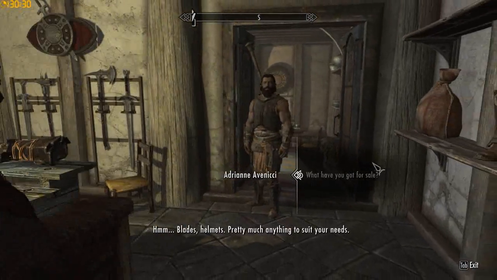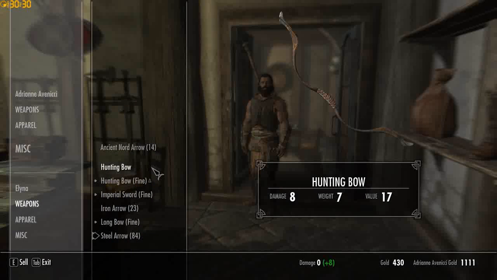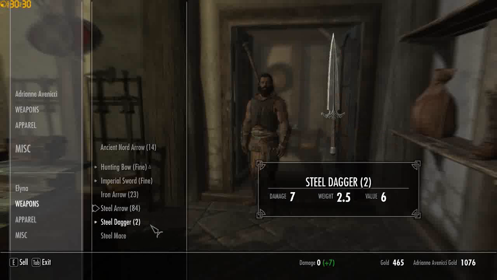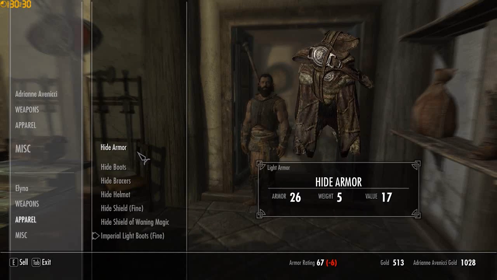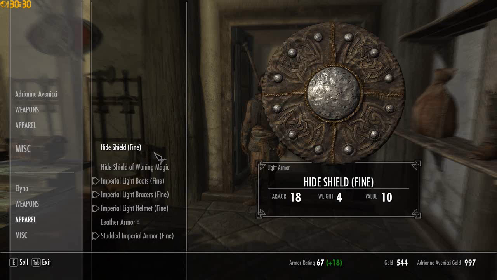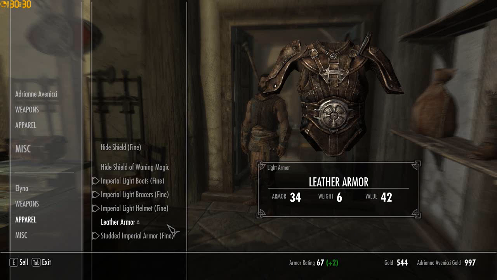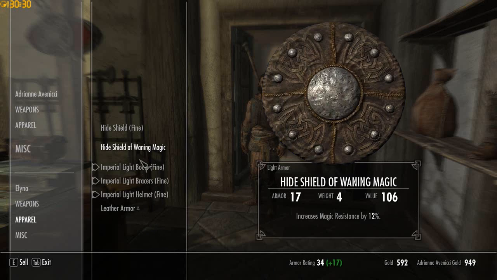Blades, helmets, pretty much anything you don't need, keep those to suit your needs. Keep the arrows, get rid of the bow, one of the daggers. That's that, and all the stuff I picked off Vendor. I probably will keep the waning magic, and I want to dump that as well. Yes, that means I'm going to be naked for a little bit, but